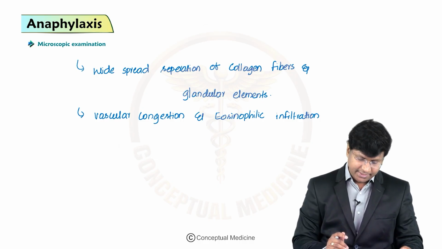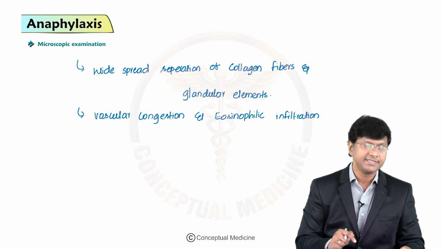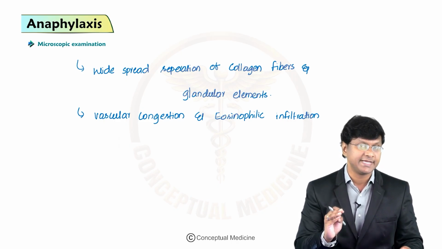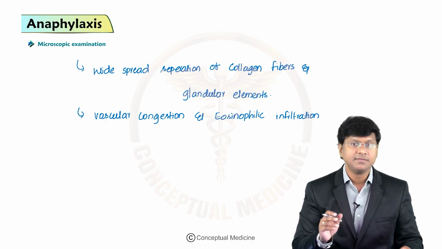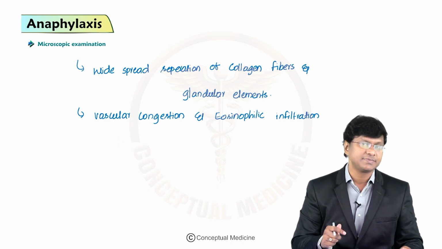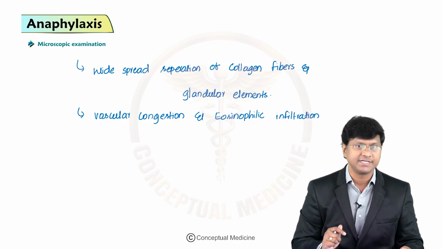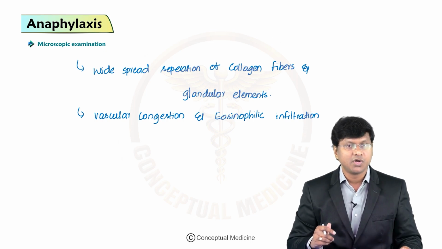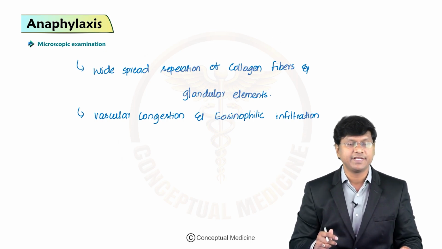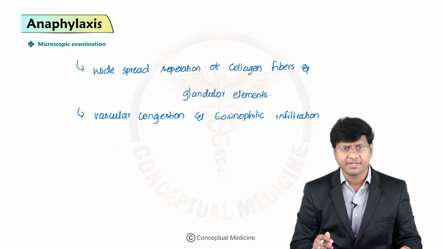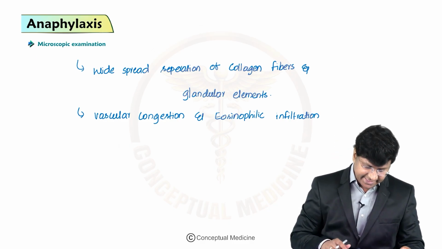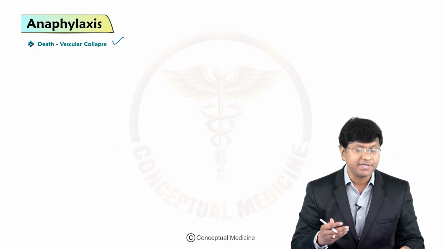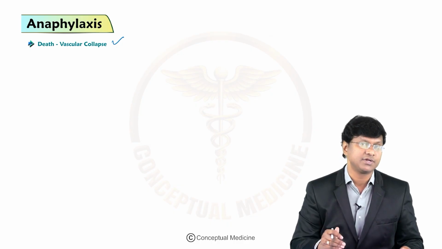Now, one cause of death is due to angioedema. And what was this angioedema causing? Mechanical obstruction, and that occurs in the epiglottis as well as the larynx. Not only that, this process is also evident in the hypopharynx and to some extent even within the trachea. Now, death can also occur due to vascular collapse.